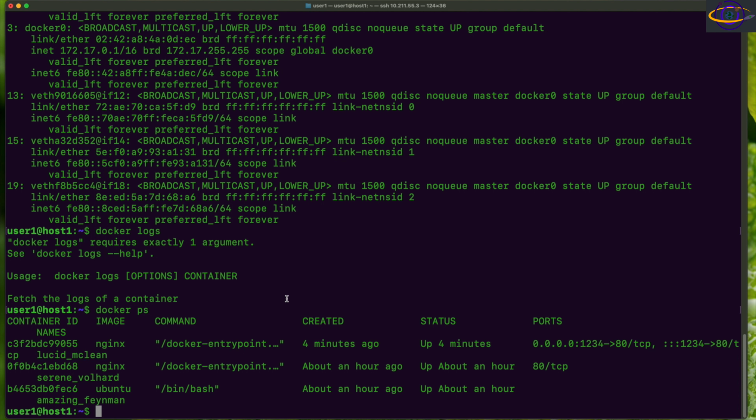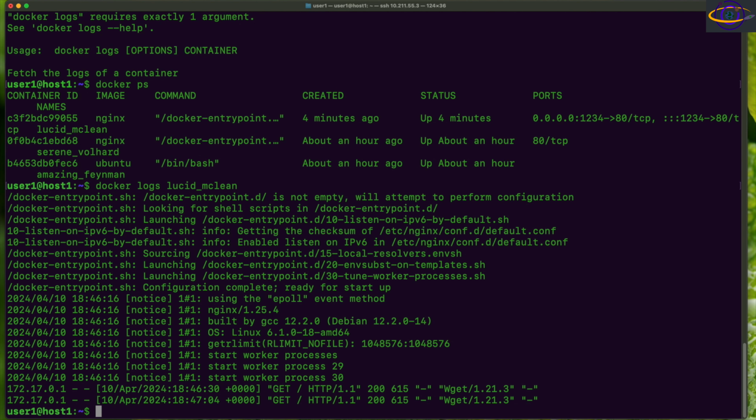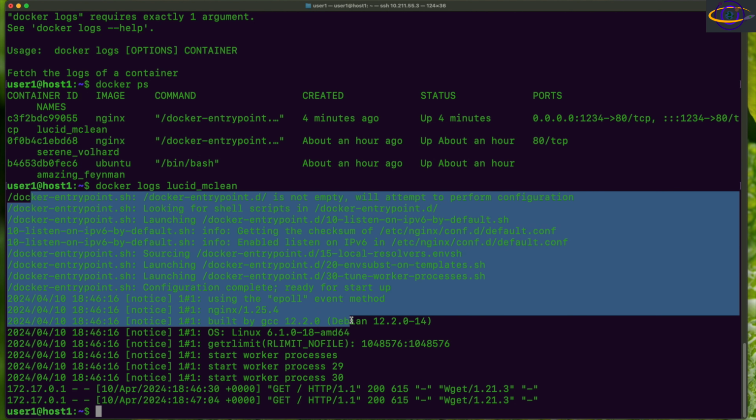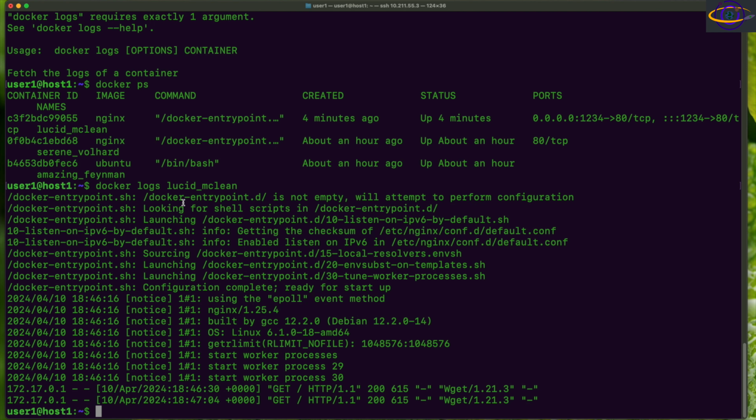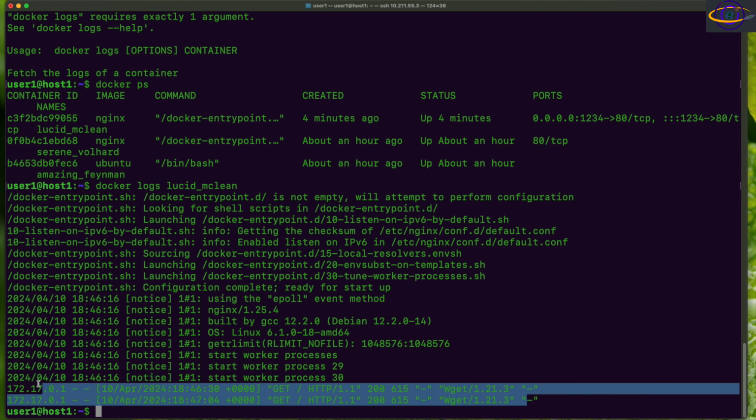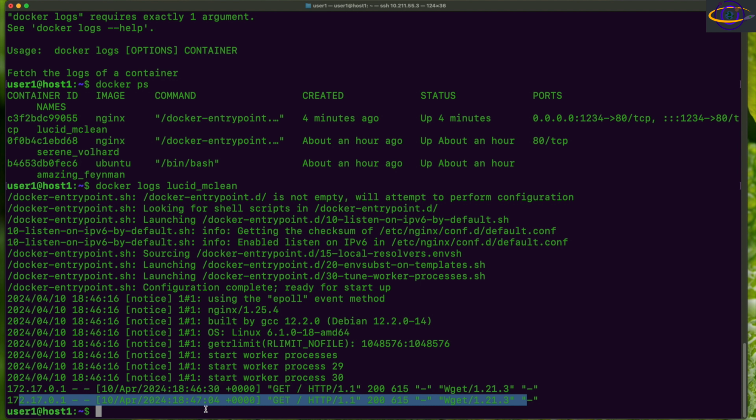The most simple way to do this is just type docker logs and your container name, Lucid McLean. So there you go. That shows basically what's in the logs, right? This is running Nginx, and you can see a few instances here where a client was connecting to the